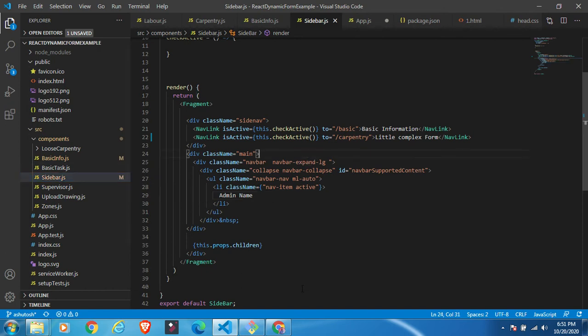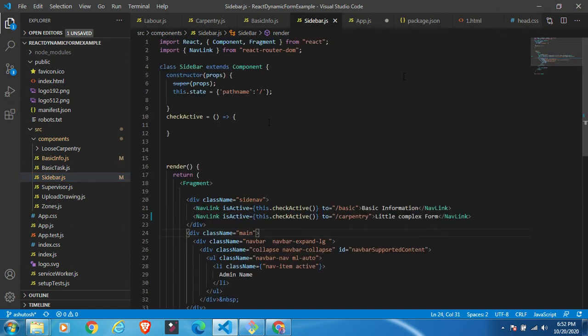Okay, so as you can see, we have used the class component here. We generally prefer the class component because through it you get many things from React. It is recommended that if you are building complex logic and there is a complex form, you use a class component instead of a functional component. However, if only a little bit of logic is required, then you can use the functional component.